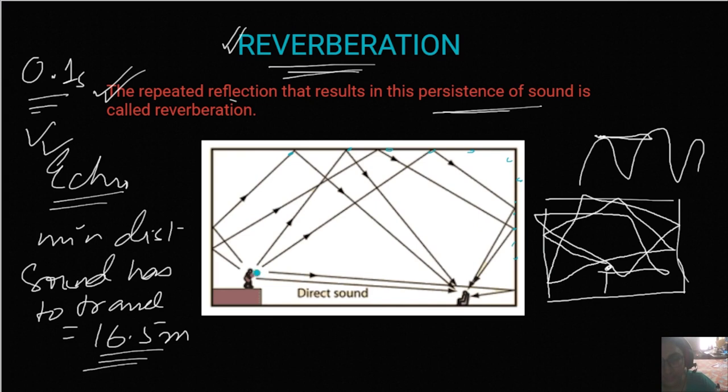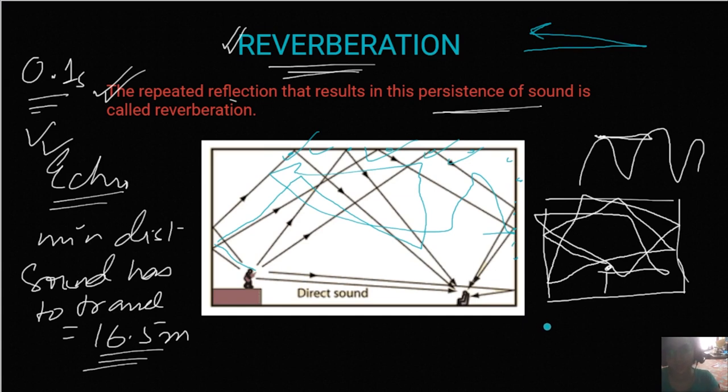So this means that all these reflections take a lot of time. Like as opposed to echo, when you were clapping and then you were hearing the sound and that was it. But here it goes on for quite a while. So the only difference between a reverberation and an echo is that in an echo, the reflection happens once, and in reverberation, the reflection of sound happens multiple times before ultimately the intensity of the sound decreases and it comes to a stop.